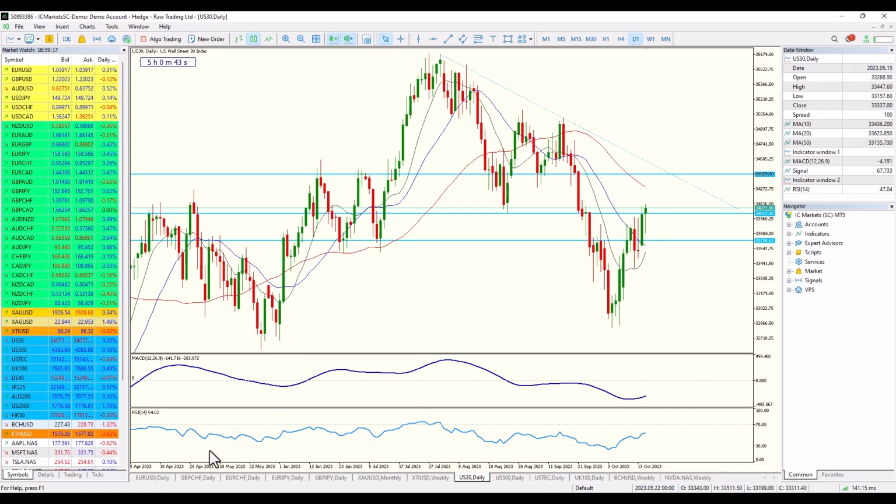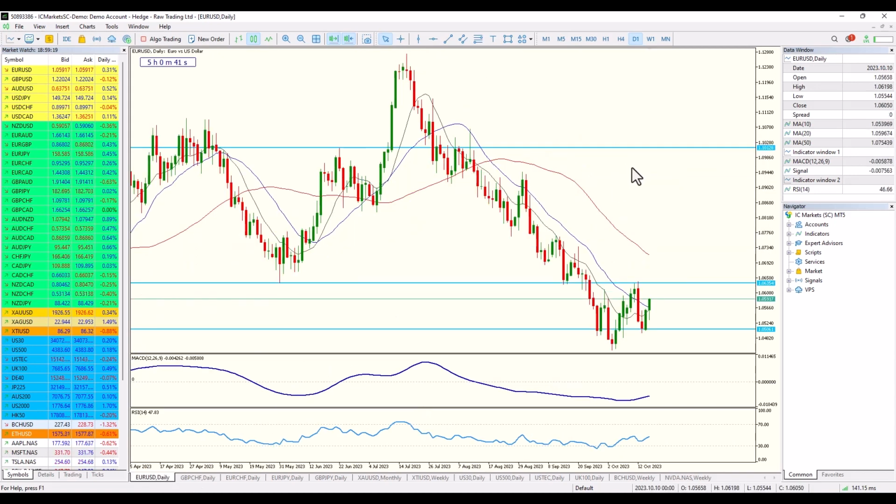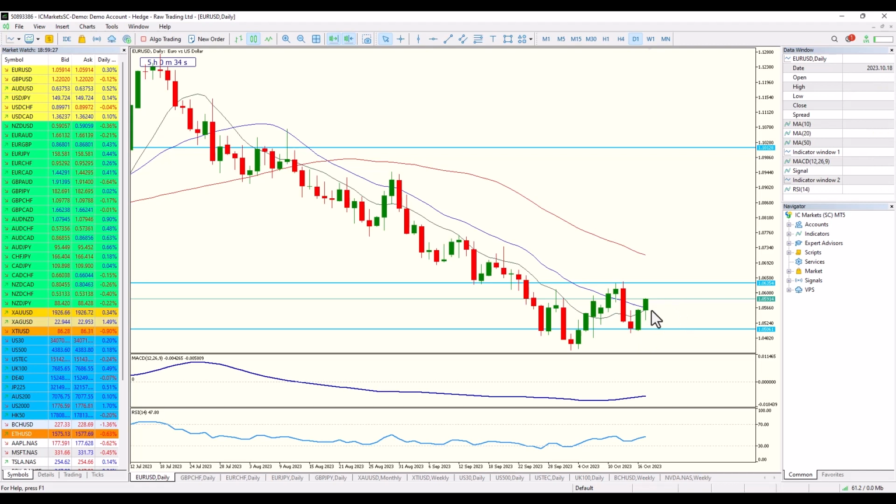There's a couple of charts that I would like to draw your attention to. Let's start off here with the Euro USD, the daily. And I'd like you to just take note, there is potentially a higher low here. Even as we speak, the daily candle's looking nice and bullish, heading above the 20-period moving average. So you can see generally here, for example, dipped above, potentially dipped below. Here we're above, we went below, we've got a higher low here.